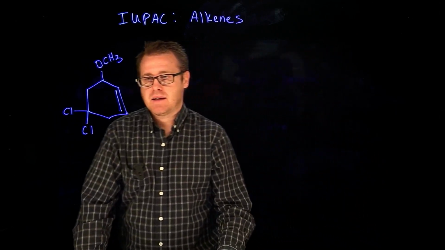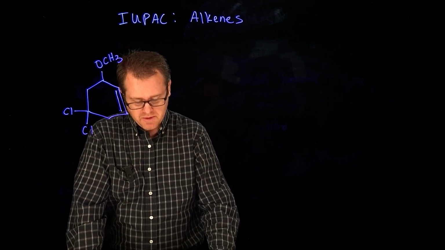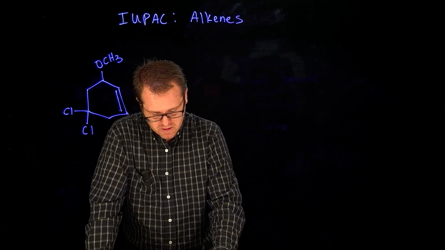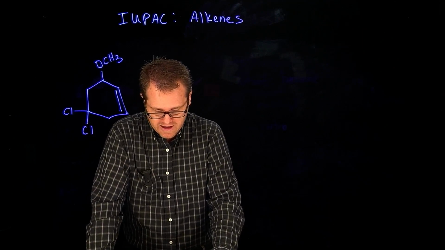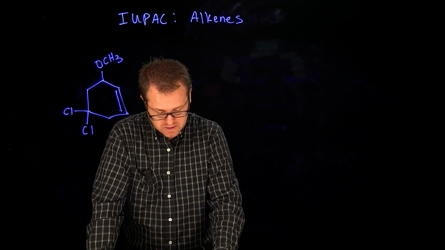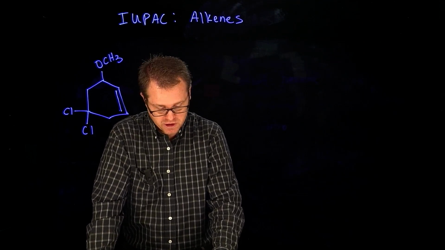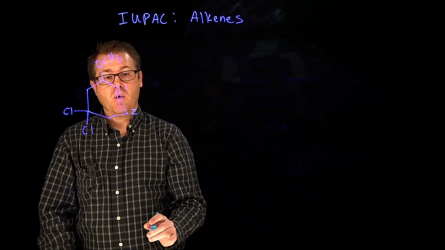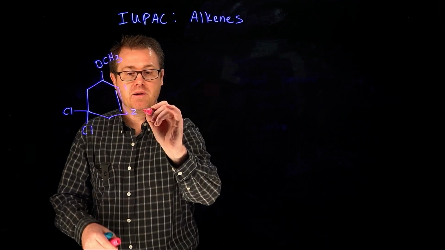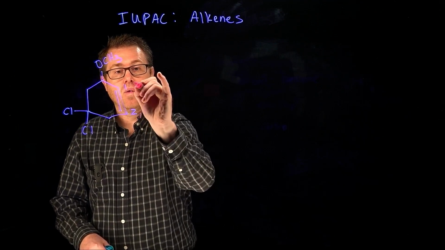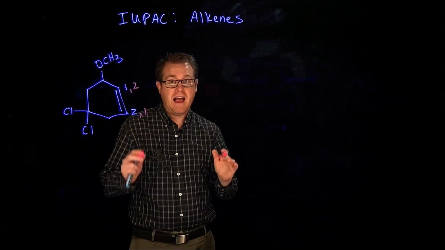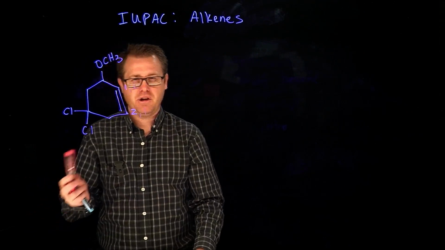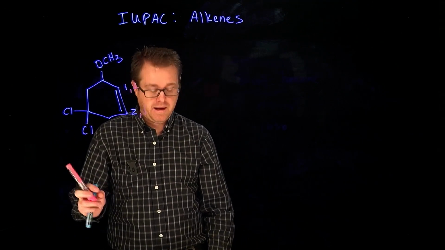Let's take a look at a cyclic alkene. Now let me read you the rule for how to approach this problem. For a ring, the carbon atoms of the double bond must be carbon 1 and carbon 2. It has to be carbon 1 and carbon 2, or it could have been carbons 1 or 2. That's the rule. You have to pick either the blue or the pink. Now, how do you know which one to pick? Blue or pink? Let's keep